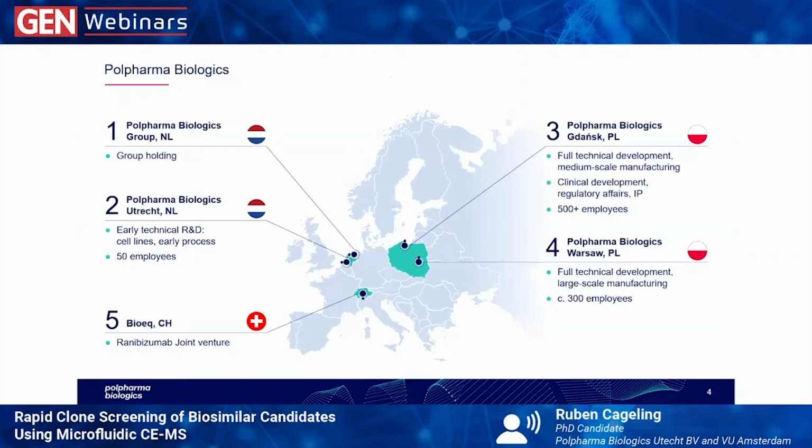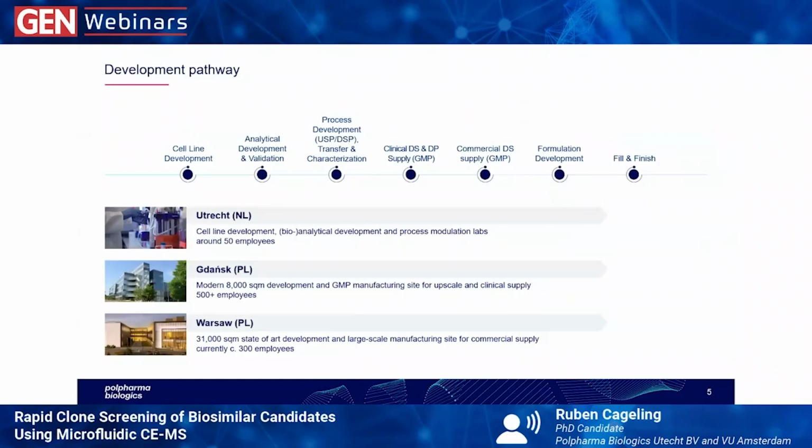This is really the R&D center where we set up cell lines and start up the early process development. We have a joint venture for our ranibizumab antibody, which is located in Switzerland. And we have 2 big manufacturing sites in Gdansk and in Warsaw, where they also do a lot of process development. So how does this pathway go typically? Well, you always start with the cell line. We select the best cell line, and then you go on with further processes for upscaling and purification, transfer it to a different site, and there we do drug product formulation, etc., fill and finish,